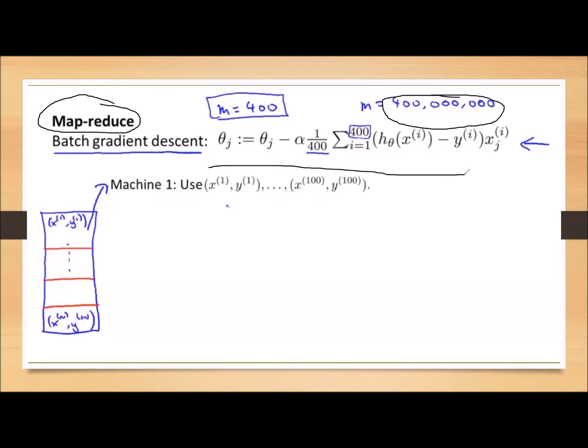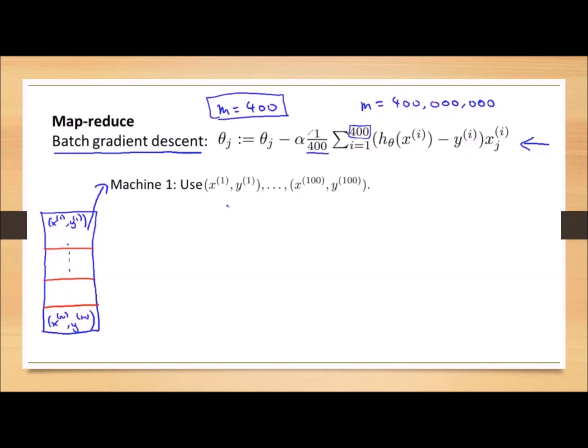So for that we are taking 4 computers. Instead of taking one machine, we are taking multiple computers and we are dividing the data based on the number of computers we have, and we are sending each fraction of data to one computer. For better understanding, we are not considering 40 lakhs training samples, we are taking 400 training samples.